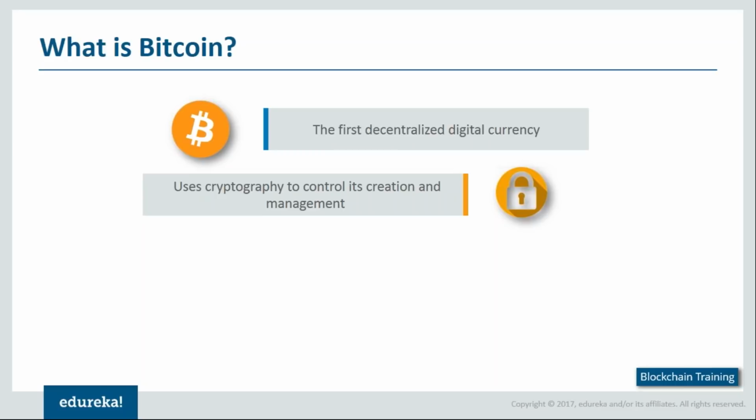Are you guys clear? Okay, Shilpa is asking me, how do you keep control? Okay, Shilpa, to give you a better idea, there are a lot of mathematical problems that you need to solve, as well as you need to work with different algorithms. So the complexity associated with all this keeps changing on a regular basis. Over a fixed time, all the miners associated in creation of Bitcoins come together and decide on the complexity that needs to get modified.